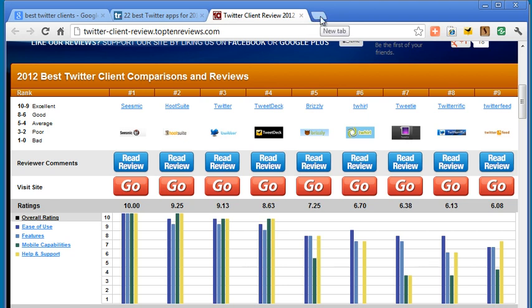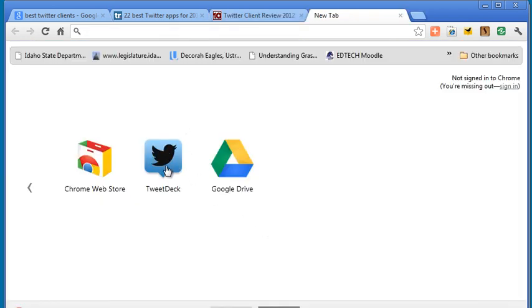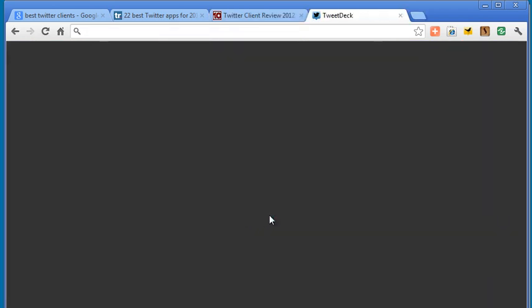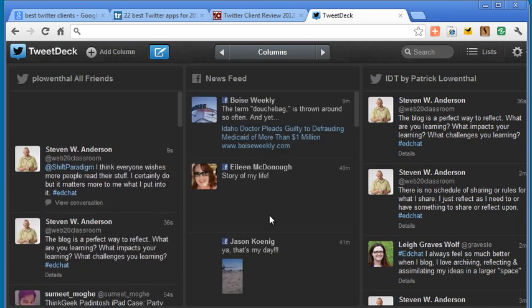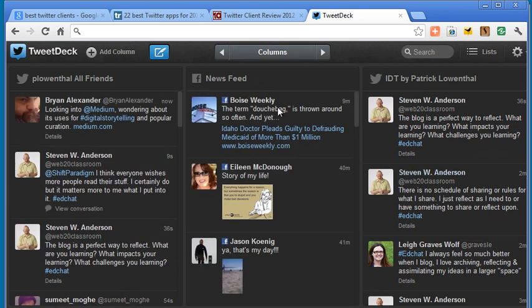However, when I have a big monitor and I have space to work with, TweetDeck's what I prefer. I tend to use Google Chrome most of the time, so I actually even have it right in here. You can download it as one of the basic apps. So TweetDeck, when I bring it up, the reason I like TweetDeck is I can have Facebook and Twitter in one space, and I'm trying to record this in a small resolution, but on my 27-inch monitor, I can stretch this across,